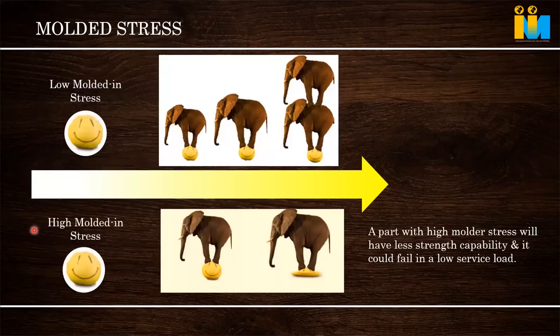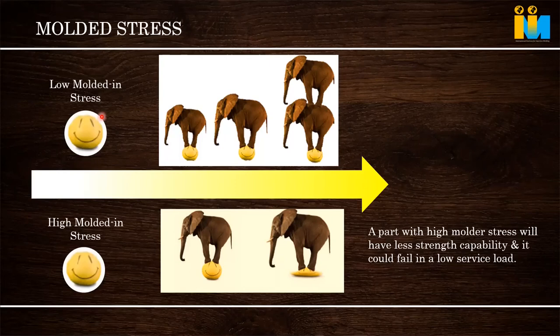If we crack this, in most cases we will understand molded-in stress. What is really molded-in stress? We can see a ball, top side and bottom side, the same ball. Both look alike; both are molded parts. The only difference is the first part has low molded stress, and the second part has higher molded stress. Low molded stress means it is molded properly: proper pressure is maintained in the machine, proper drying is done, proper gate size, we are not exerting excess pressure, and melt temperature is not dropping.